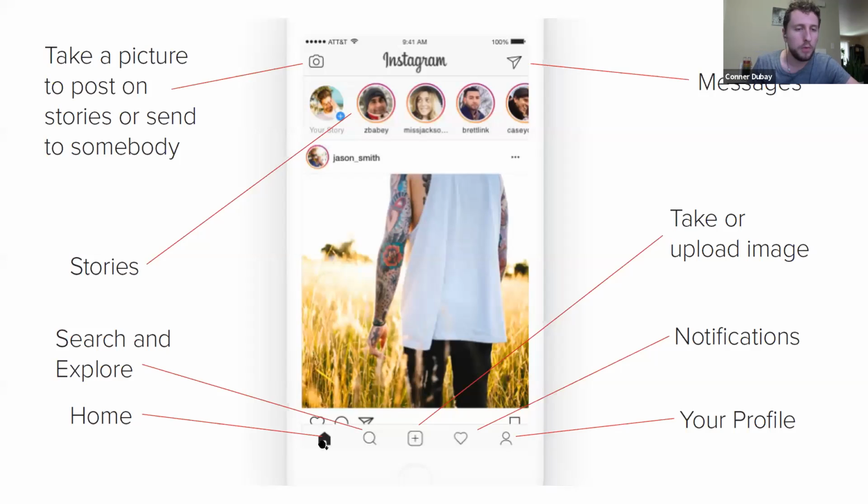Obviously, this is your home page. This will just be your feed of people that you follow. The search page, that's where you'll search for other people. And there's an explore page, which is basically,